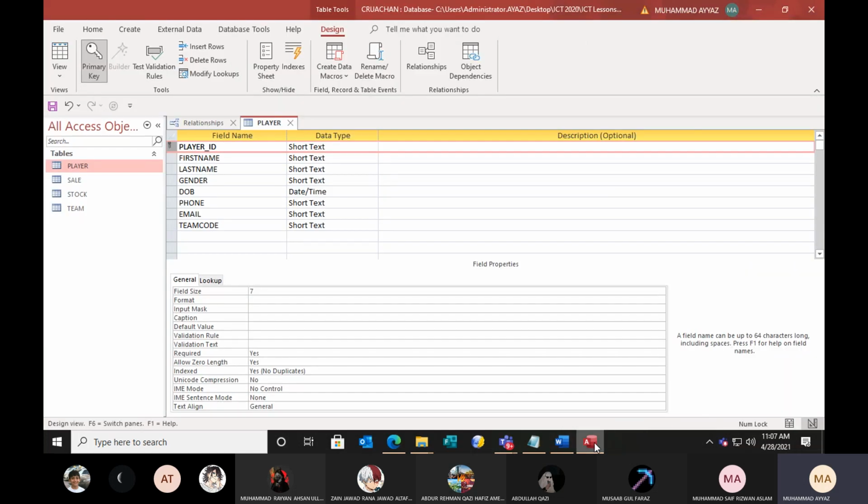Like in this table, player ID, for example, 11 players are there, so every player will get one ID. If this primary key is there, it will not allow the user to duplicate the ID for another player. That is a primary key.